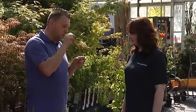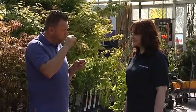You'll know coral spot because it's got hundreds and hundreds of bright orange dots all over the branch. That's coral spot. Now, coral spot only attacks dead wood to start off with, but then it can move to live wood. So it's just maintenance. Just get rid of the dead wood and the dieback off the acer, and then you shouldn't have a problem